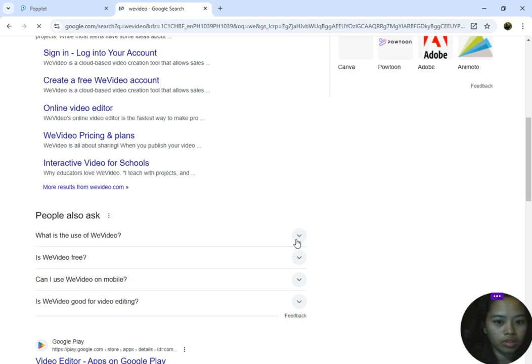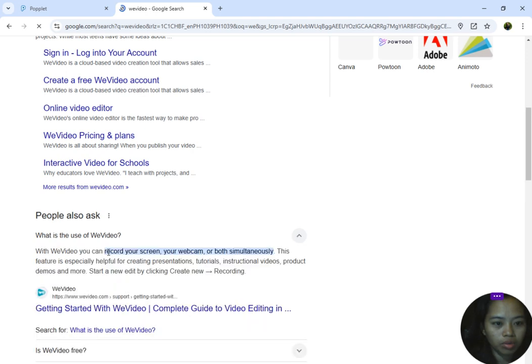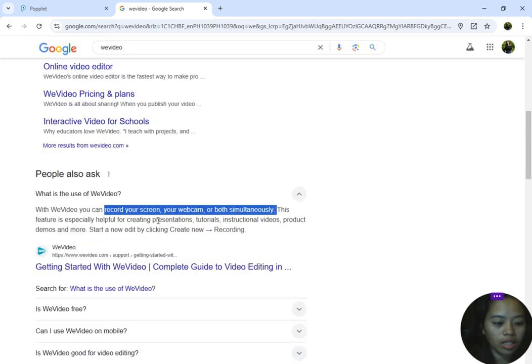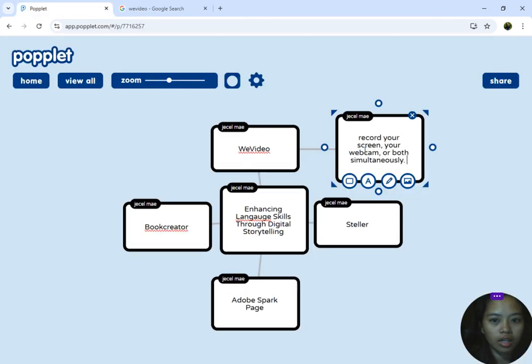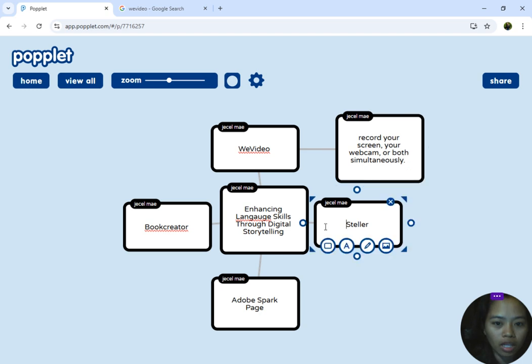Okay, WeVideo: record screen, webcam, and both simultaneously. Let's select this, copy, and put it here. So WeVideo will record your screen, your webcam, or both simultaneously, just like what I am doing right now.